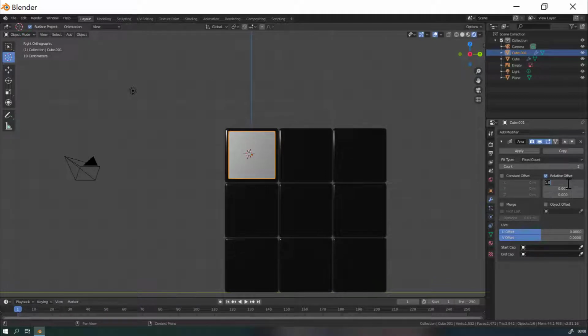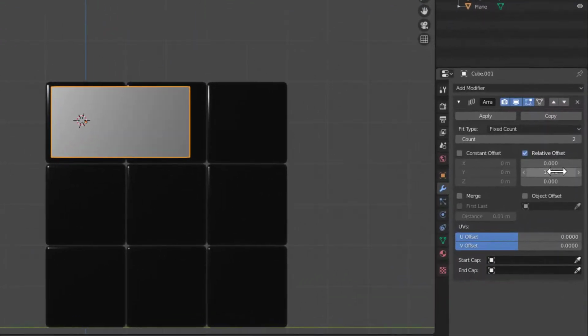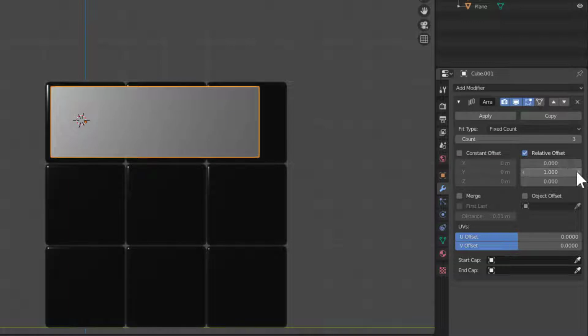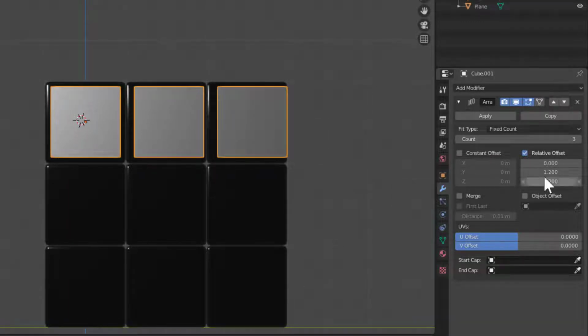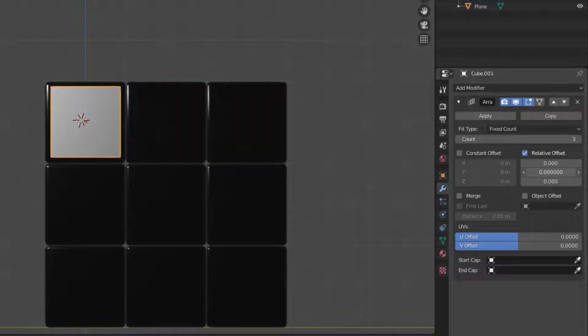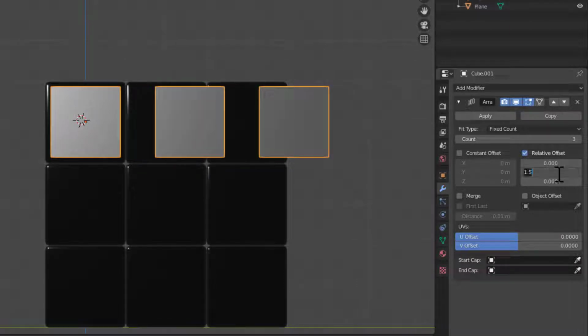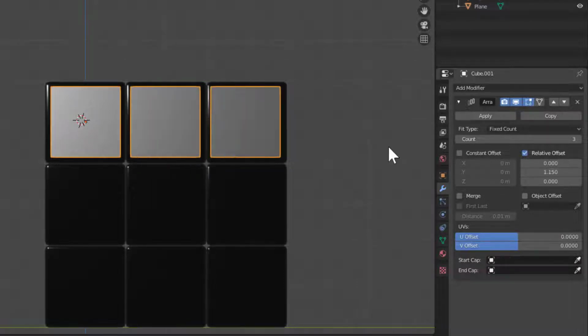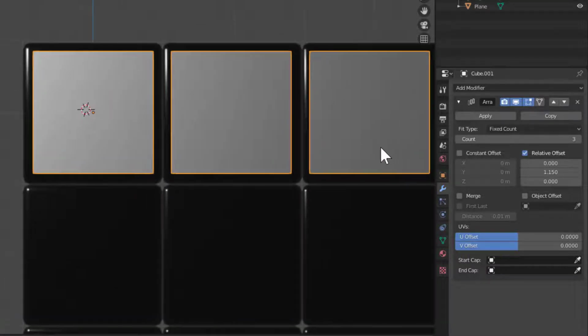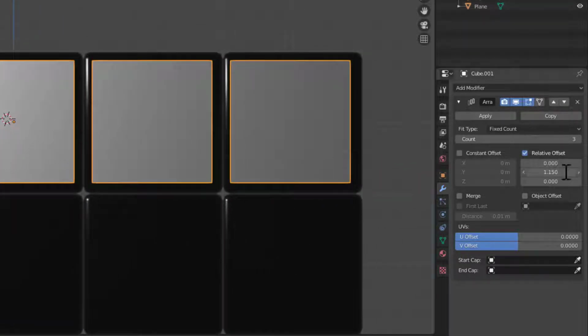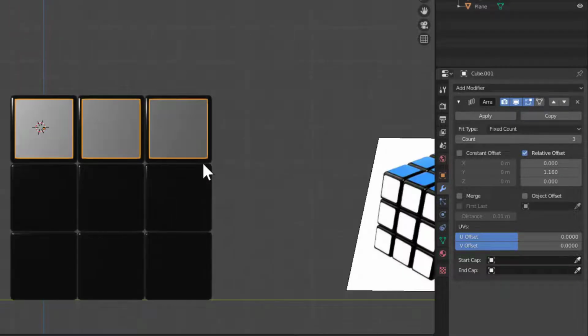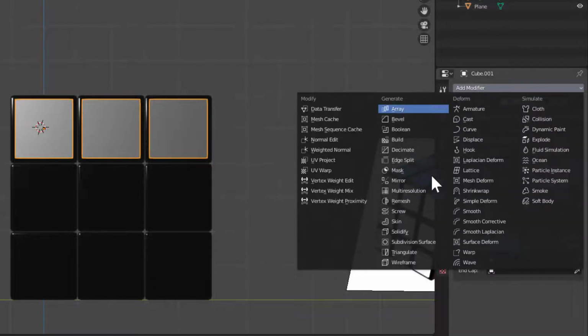and we need to make sure the offset's in the right direction, so let's say 1 there, and 3 of them. You notice they're too close to each other, so what I can do is I can just adjust this slightly, too much, so 1.15 till we're pretty neatly in, maybe 1.16. So you adjust this so the stickers are perfectly in line. So we've got them going across that way, then we need to array again,